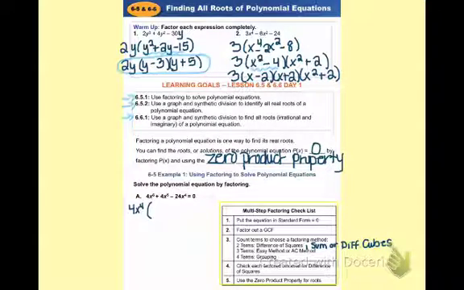Now if we factor out a 4x to the 4th power out of 4x to the 6th, we're left with x squared. If we factor it out of 4x to the 5th, we are left with an x. And if we factor it out of negative 24x to the 4th, we have minus 6 left over. And so then we can take a look at the